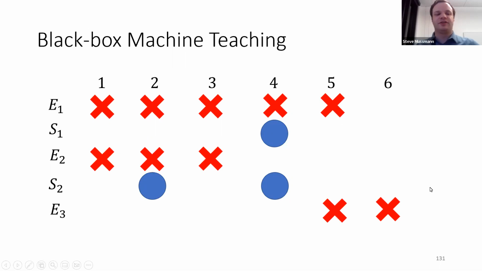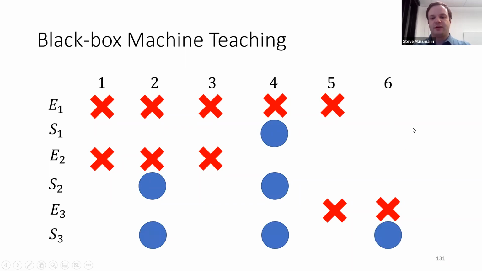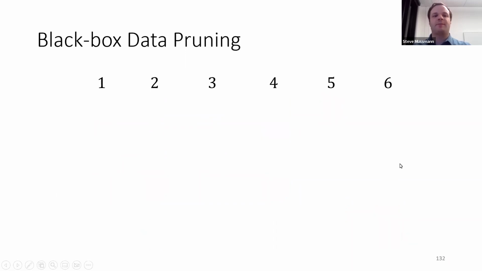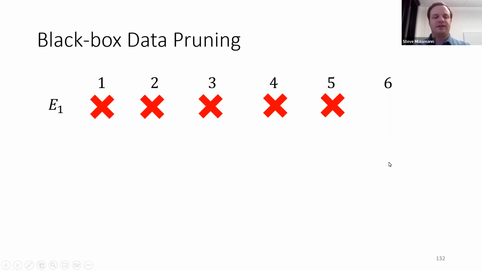Then maybe the learner returns a hypothesis with corresponding error set E3. We have to include the previous points, and then we get one more to rule out or intersect E3. And this is a teaching set, sure enough. We propose in our paper black box data pruning, where it starts off similarly, in that there's error